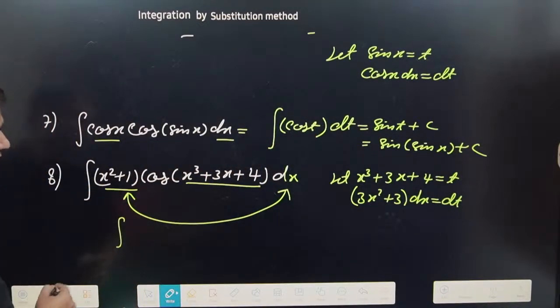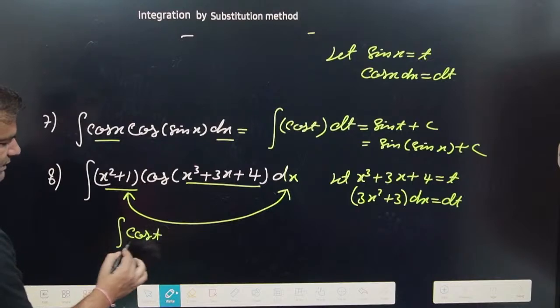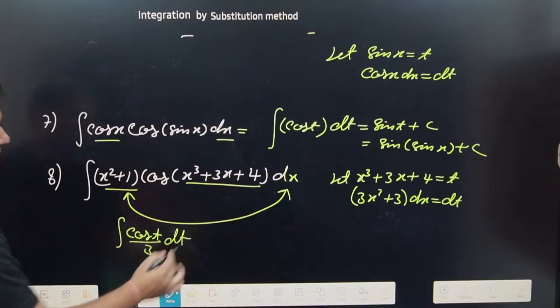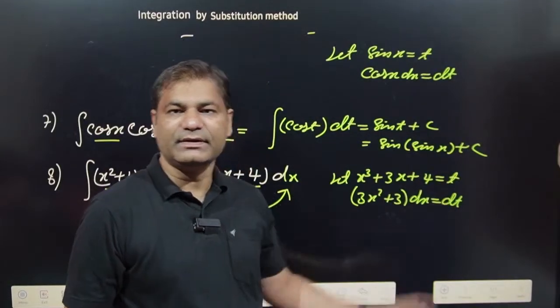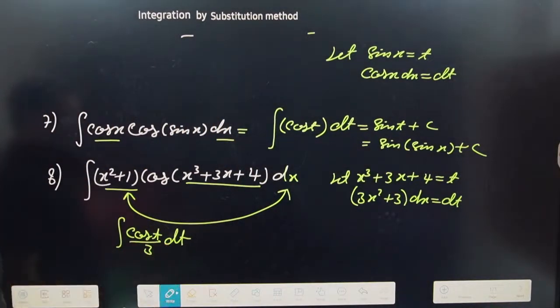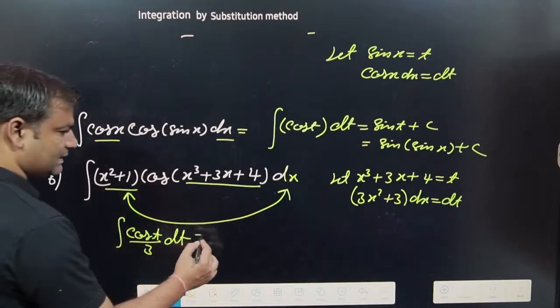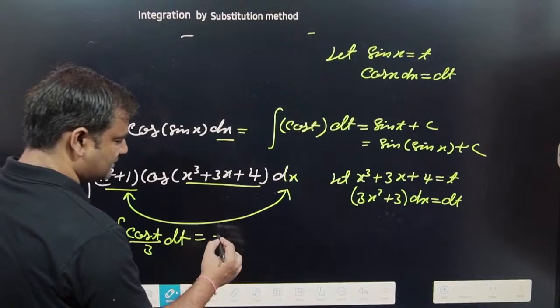So this is written cos t divided by 3 dt. Okay, so (x square plus 1) dx is replaced to dt by 3, so that's why it is written cos t divided by 3 into dt. Okay, after that, integration of cos t is basically sin t